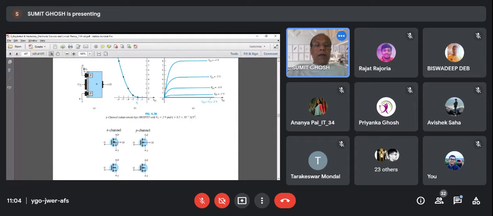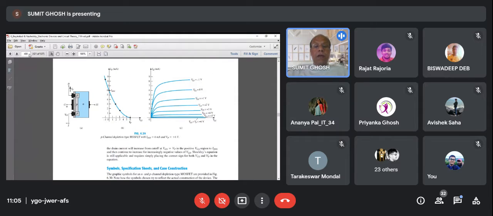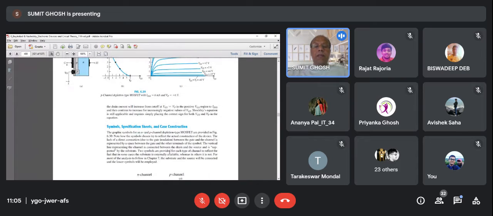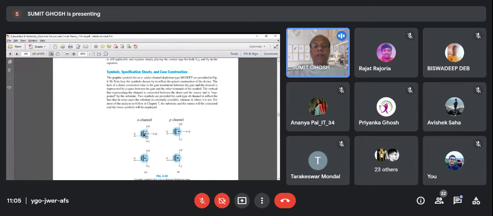You see, this is another type of MOSFET which we have not yet studied. We will get to study this. In this enhancement MOSFET, the channel is not a continuous line. These are breaks. Please note this. After that, I will explain why there is a break in enhancement mode, and in depletion mode this is a continuous solid line. The main reason is that when you buy a depletion mode MOSFET, this channel exists. I told you. So this is represented by a solid line.